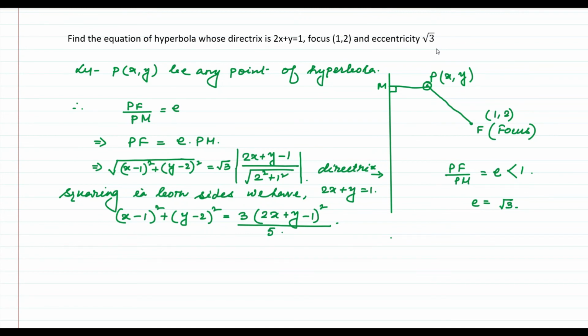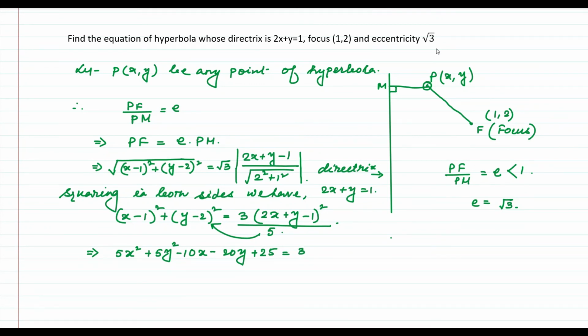So now if we expand it and take to another side, multiplying by 5, we'll be getting 5x squared plus 5y squared minus 10x minus 20y plus 25 equals